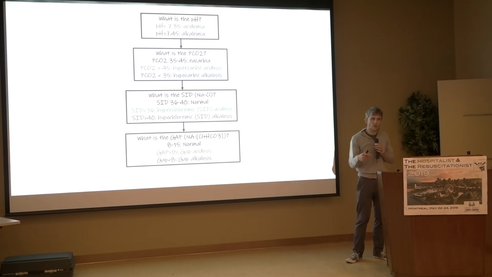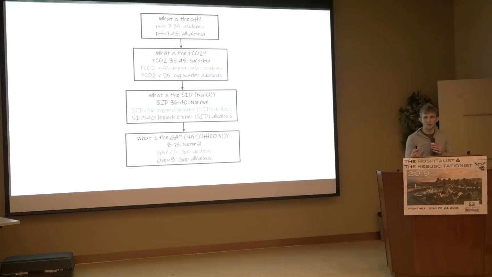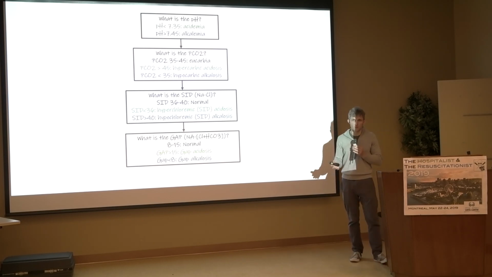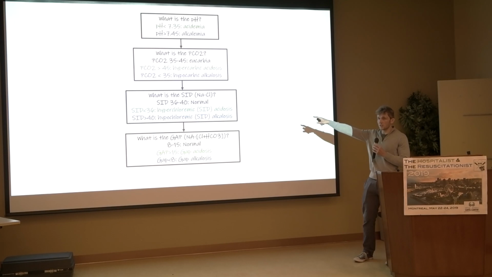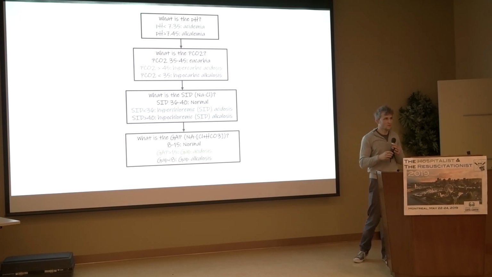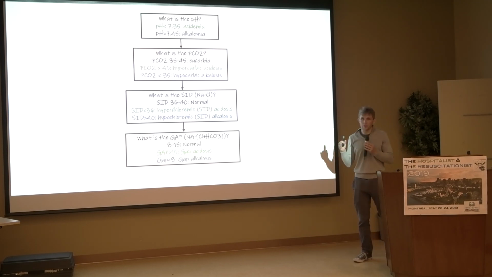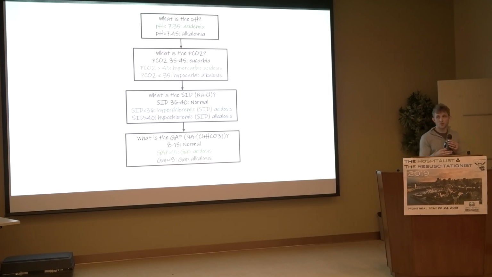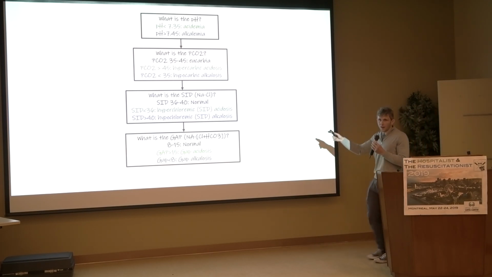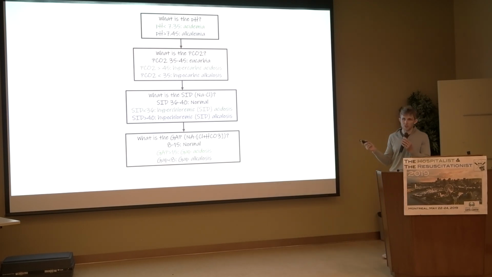Remember, a low SID tells you that there's more chloride in the system in relation to your sodium. A high SID tells you that there's not enough chloride in the system, and that's an alkalosis. Incidentally, if you calculate a SID on every patient, what do you never have to calculate? The delta-delta. Because the delta-delta is trying to figure out what other acid-base status is going on with your patient. It's essentially calculating your SID. I think calculating a SID makes much more sense than trying to figure out your delta-delta. I haven't calculated a delta-delta in years. I just calculate my SID, and it tells me what other acid-base status is. And every time you calculate a SID, it's telling you about what's going on with your chloride.